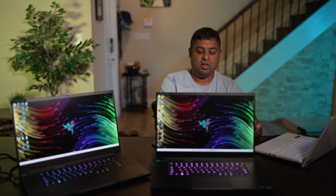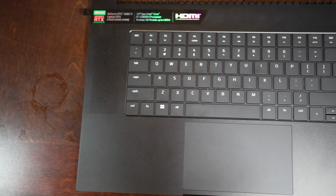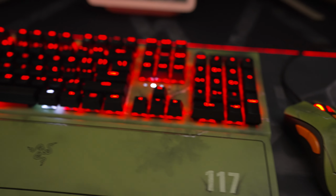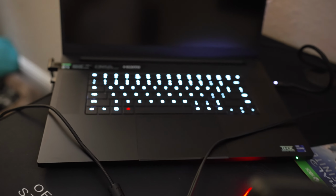With the QHD model, I got 4 hours. Expect much better if you change the refresh rate down to 60 hertz on both of those. So, you can determine if that's good or bad for you. For me, that's just enough for what I expect from a machine like this. But yeah, that's just the battery. So now,